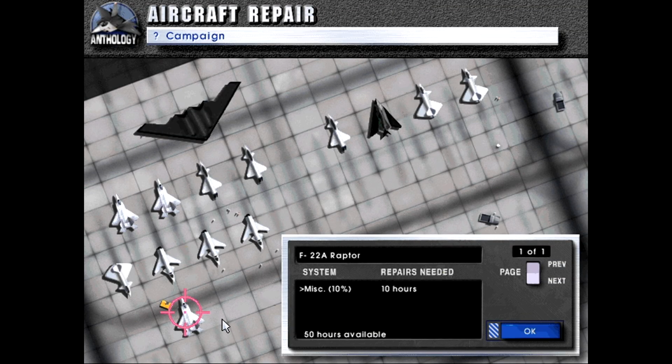So, with that, we can just do the regular maintenance on our Raptor, and we are ready to roll for the next mission. But